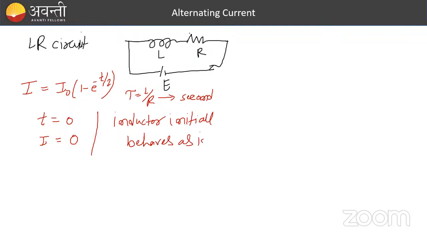As insulator, because current is 0. It means in this circuit, if key is closed, still current is zero. It means something of very heavy resistance is present. So here inductor is acting as an insulator. Now, if you talk about